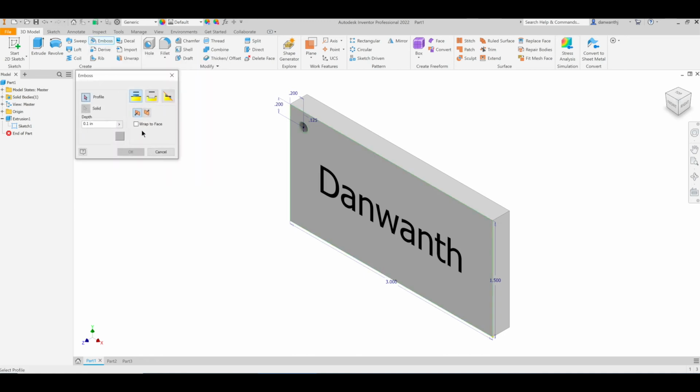So it's gonna raise or it's gonna go in. As you can see, there are some items here. This one is raised. This one is engraved. So this is raised, engraved, carve. So it'll go in. I like engraved better than it protruding out, so I don't like that. So we're gonna go here, and it's gonna ask us to select our profile or text. We need to select our text. So let's just go over here, select our text, and